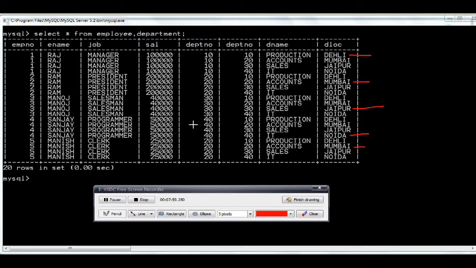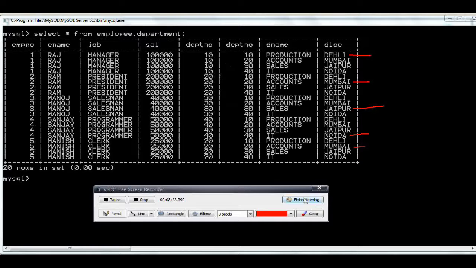The reason is that in those cases the department number, which is a common field in both the tables, is equal. So only those 5 records are giving meaningful information and the rest are giving us false information about the table. So we have to keep these records out if we want to have a proper join.